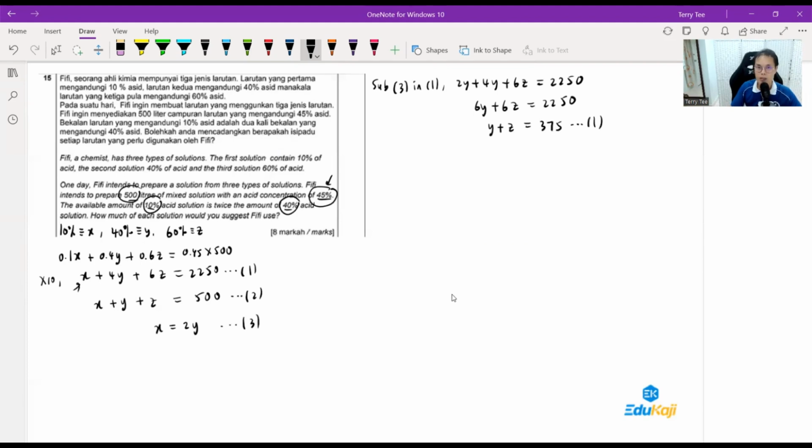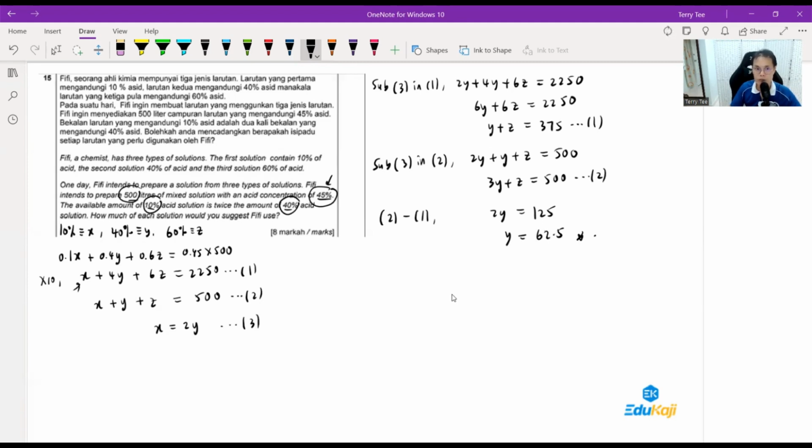First equation. Then we sub equation 3 inside equation 2. So your x is 2y, then another y and z equals 500. So 3y plus z is 500, equation number 2. Now let's take equation 2 minus equation 1. 3y minus y is 2y. z minus z disappears. 500 minus 375 is 125. My y is 125 divided by 2,